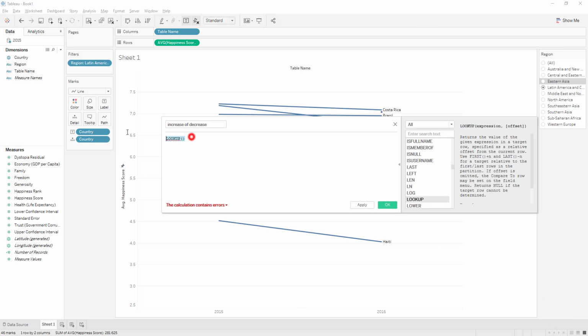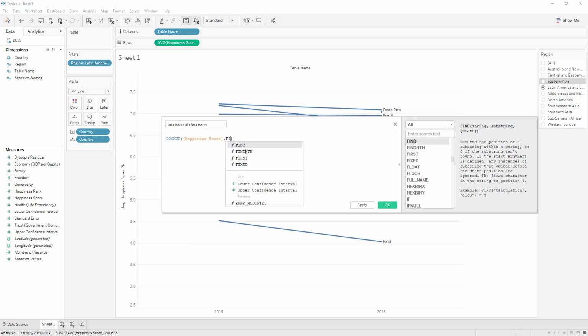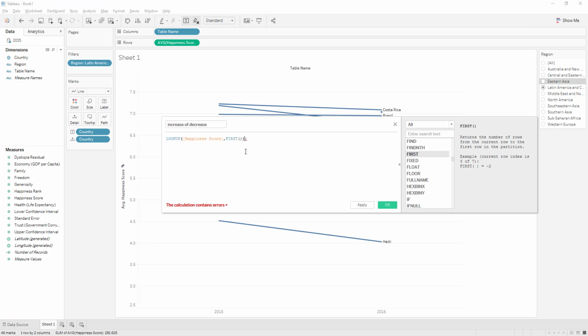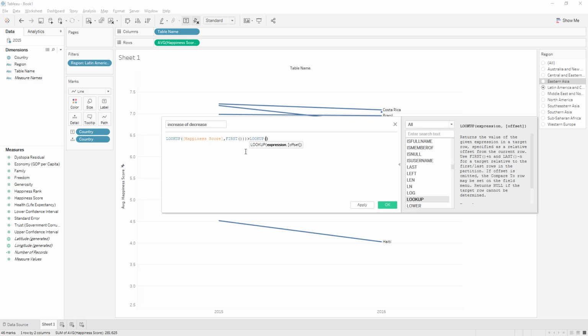So we'll just create a lookup function which looks up the value of the happiness score for the first value, and compares it to whether it is greater than the lookup of the happiness score of the last